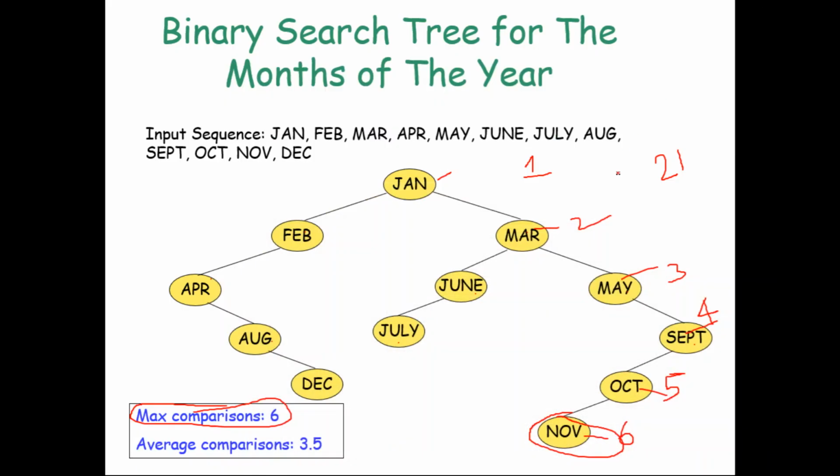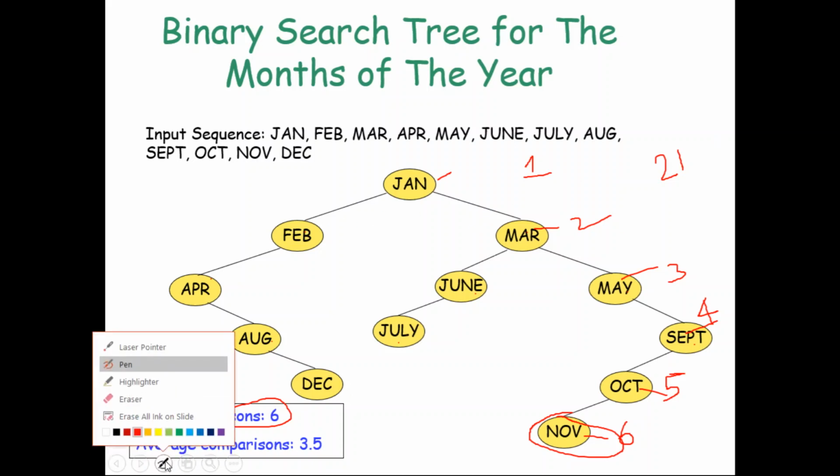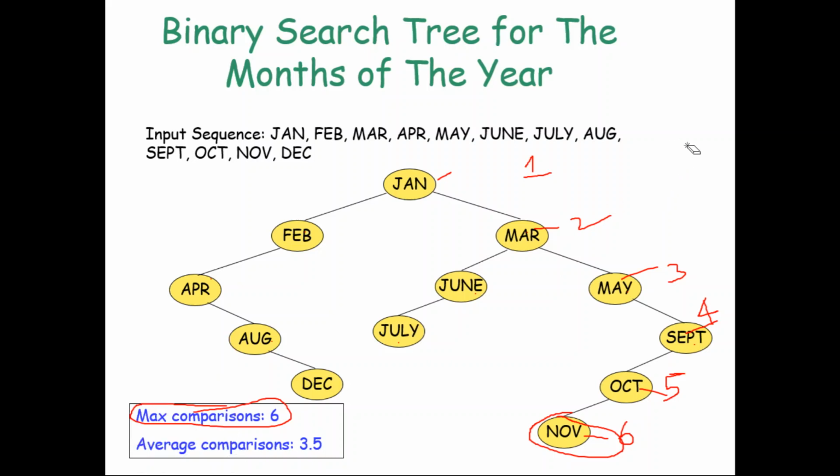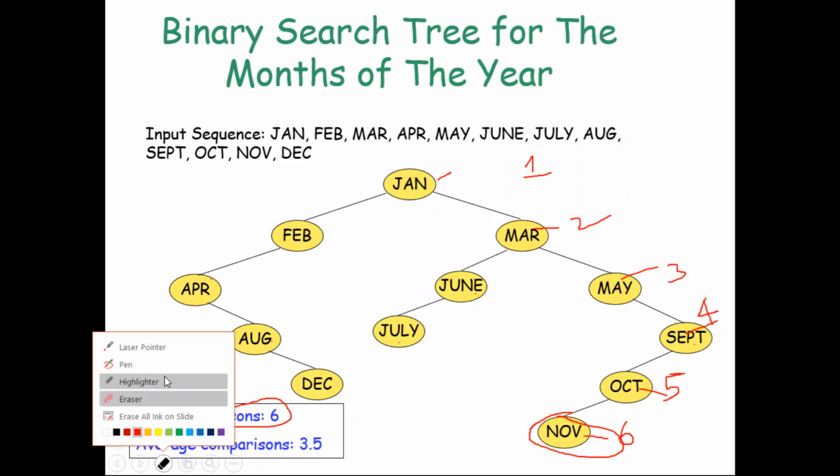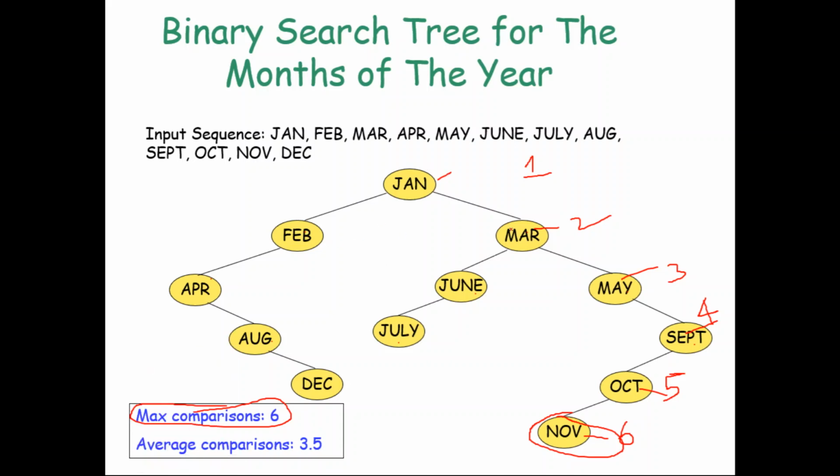Okay, so this is compare, whatever our understanding is correct, but there is a slight change in this total. Why? To check Jan, it is one comparison, but February and March, two comparisons. So for February 2, for March also 2, so totally it is 4. For April 3, June 3, May 3, so totally it is 9. For August 4, for July 4, September 4, that is 12. For December 5 and October 5. And for November 6.